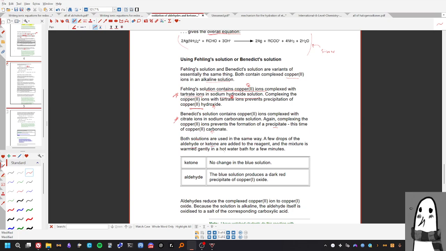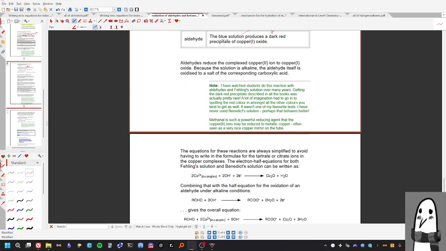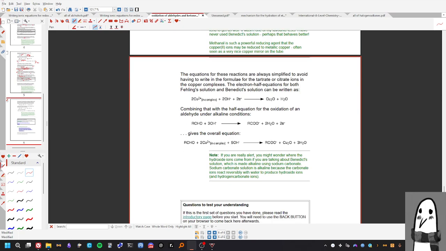Add drops of aldehyde and ketone, and then warm gently in a hot water bath. No change in the ketone. The blue solution produces a dark red precipitate of copper 1 with the aldehyde. Aldehydes reduce the copper 2 to copper 1 because the solution is alkaline. The equations of these are simplified to avoid writing in the formula of tartrate or citrate ions in the copper complexes. The electron half equations for both can be written as